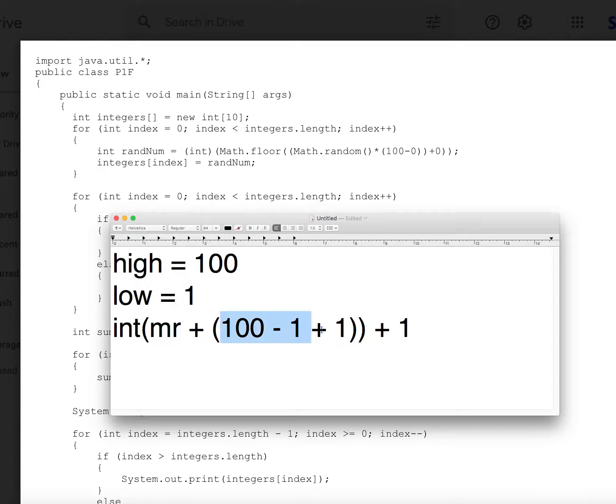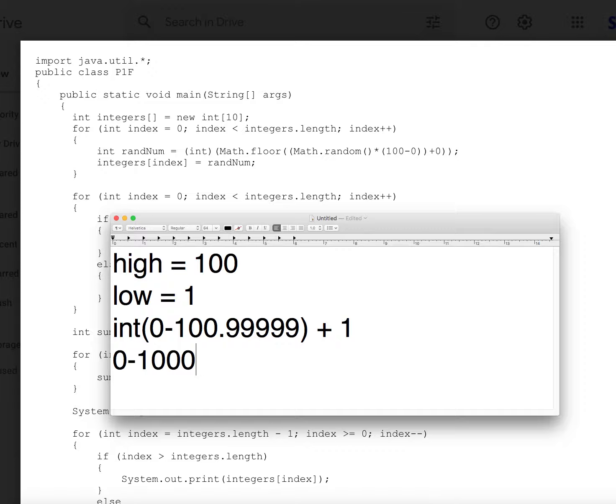And so we're doing math.random times 100. So this gives us a random number from 0 to 100. And then we're inting, 100.999. I'm sorry. Yeah, 100.999. And then we're truncating it. So then we get a random range from 0 to 100. And then we're adding the 1. So that gives us a random range from 1 to